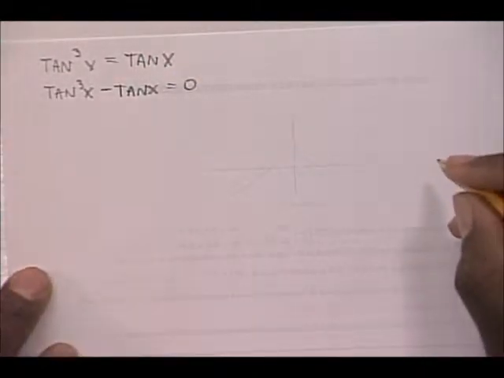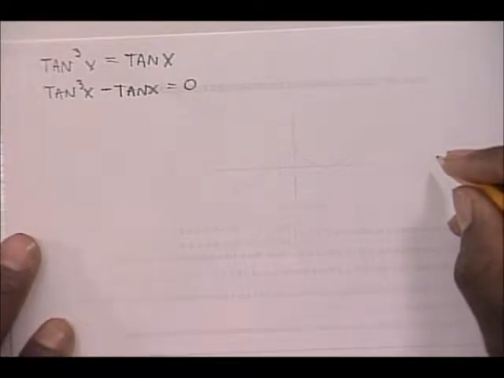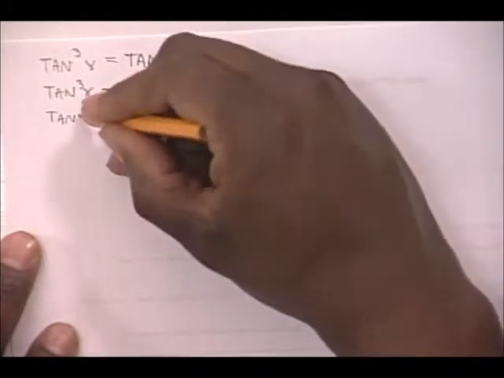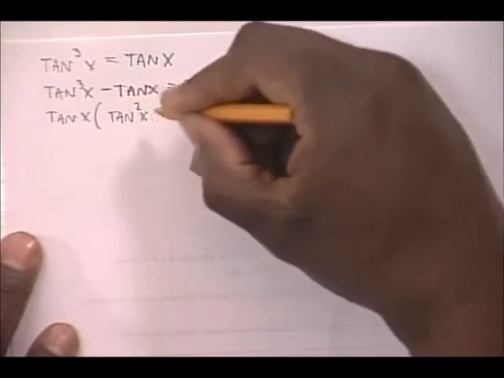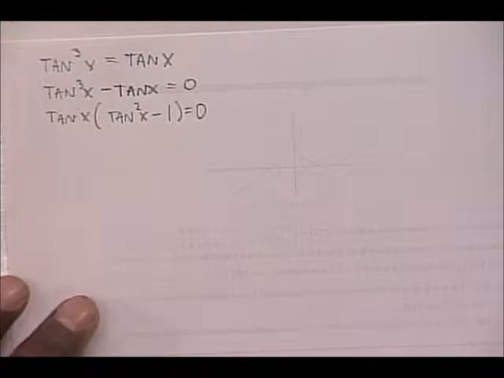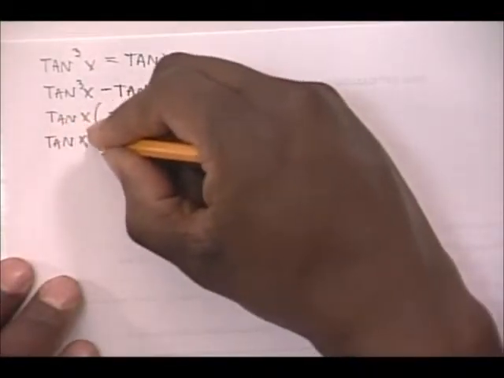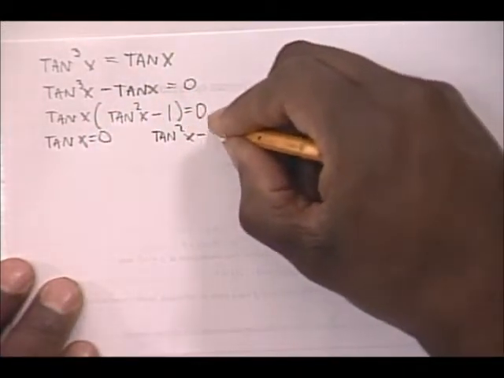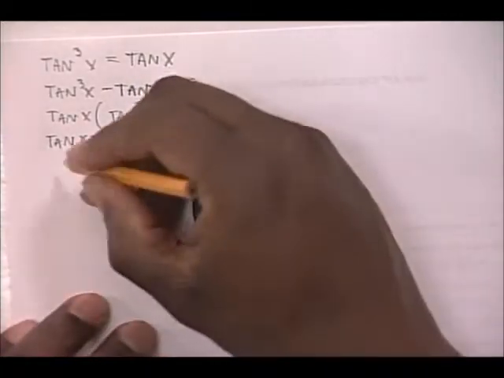All right. So now you would factor out the tangent. You get tangent x times tangent squared x minus 1 is 0. All right. So now you'd set the tangent x equal to 0. You'd set tangent squared x minus 1 equal to 0. And then you'd end up with,